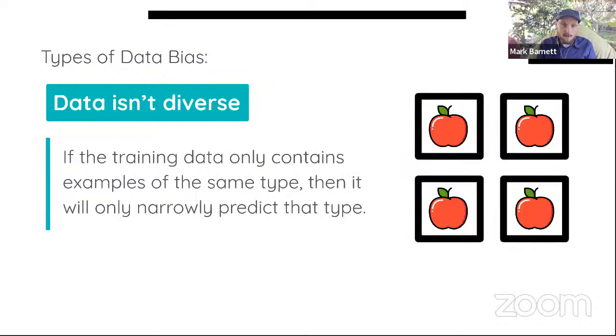The second type of data bias is that the data isn't diverse enough. If I just show it 4 pictures or 10 pictures of the same red apple, it will be really good at recognizing that one apple. But what happens when I show it the brown apple or the yellow apple? It won't know. So we need the data to be diverse so that it's a representation of the full spectrum of that class. If the class is called banana, we need to show it every stage of banana, every color of banana that exists. If the class is dog, then we need to show it all the breeds and all the different types of dog. So it's important that the data is diverse.